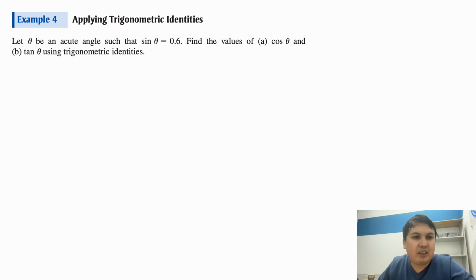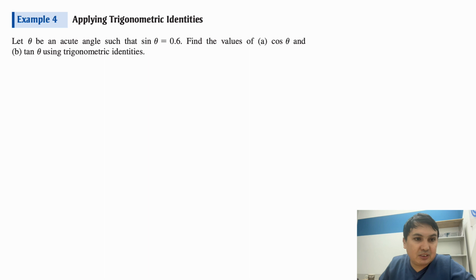Some examples. Let theta be an acute angle. You remember, acute angle means less than 90, so between 0 and 90. And such that sine theta is 0.6. Find the values for cosine theta and tangent theta. Right. Well,